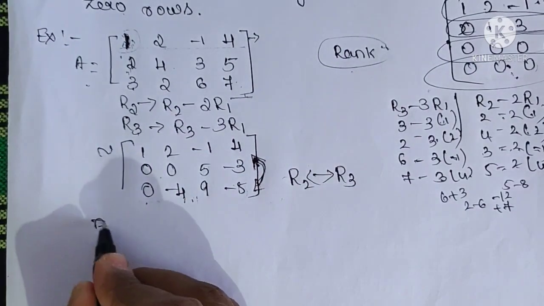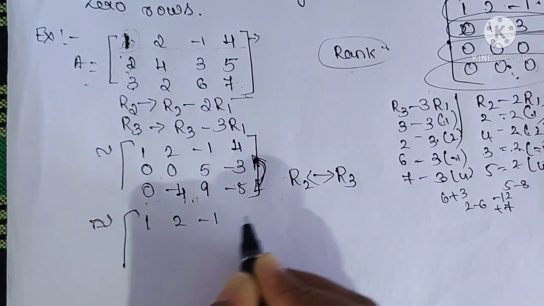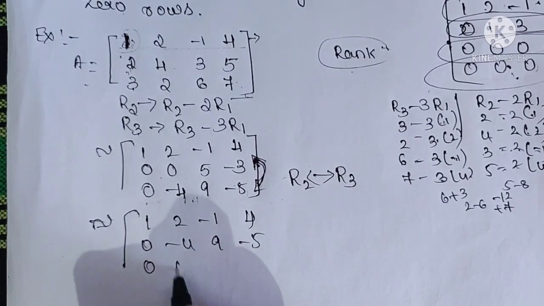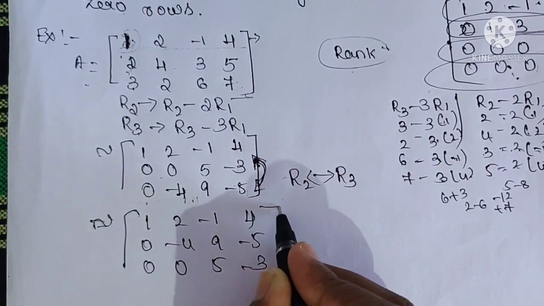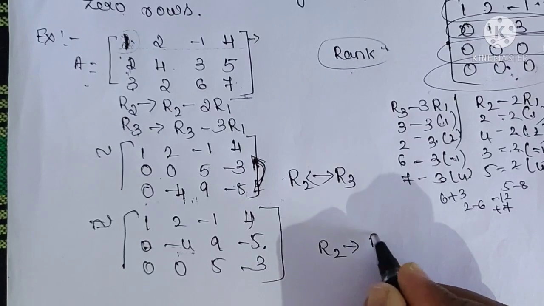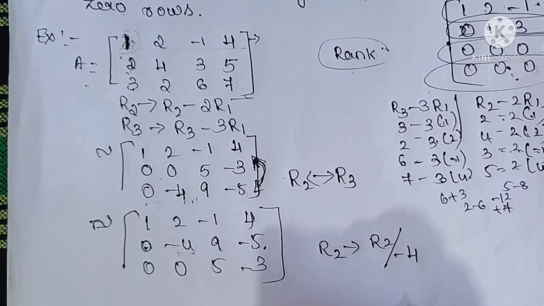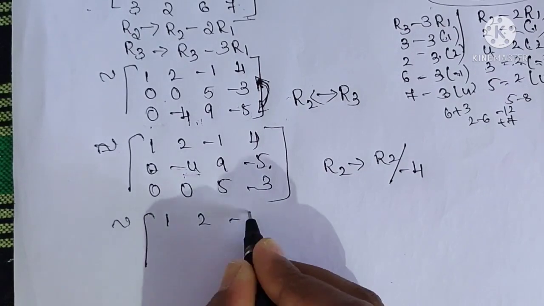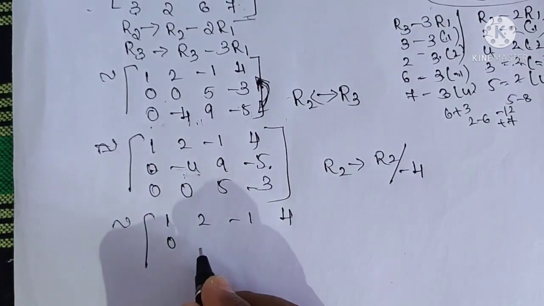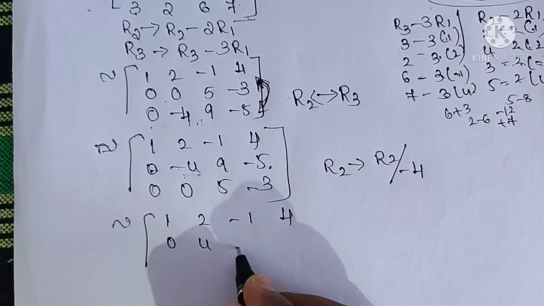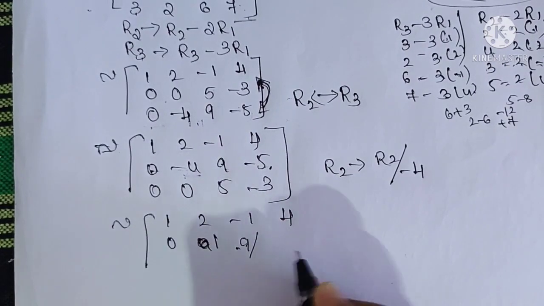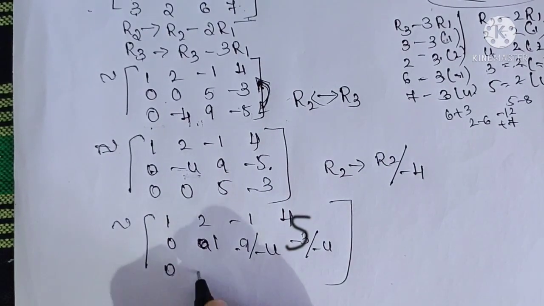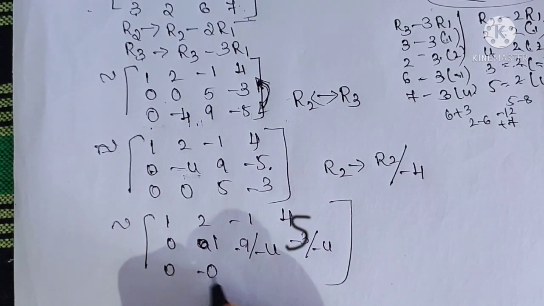Now after interchange we will get 1 2 minus 1 4, 0 minus 4 9 minus 5, 0 0 5 minus 3. Row 2 changes to row 2 divided by minus 4. Then the resulting matrix is 1 2 minus 1 4, 0 1 9 by minus 4, minus 4, 0 0 5